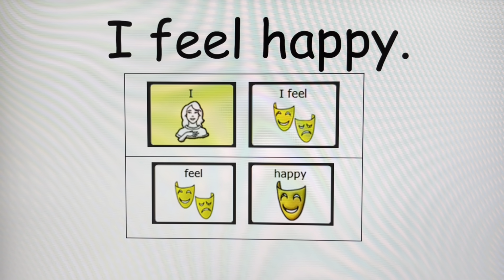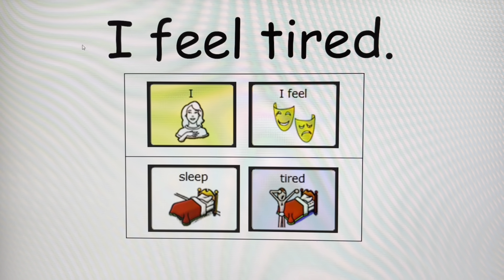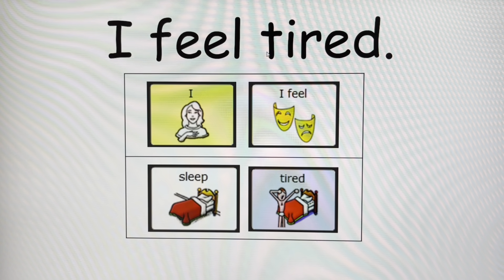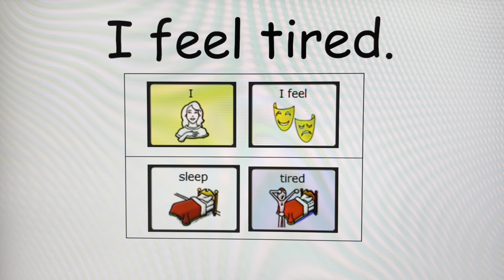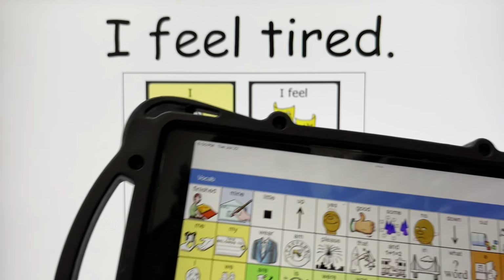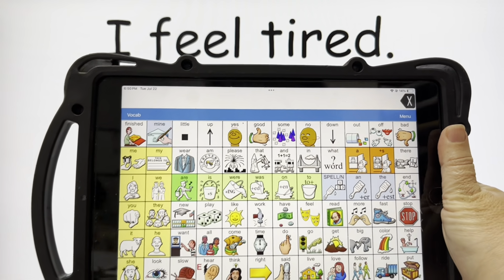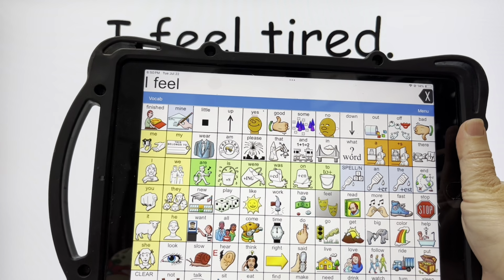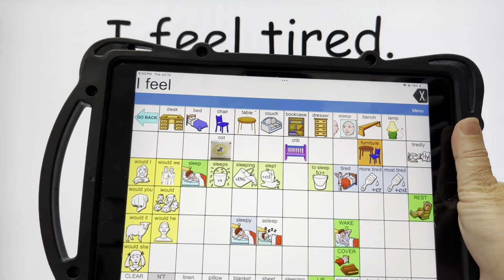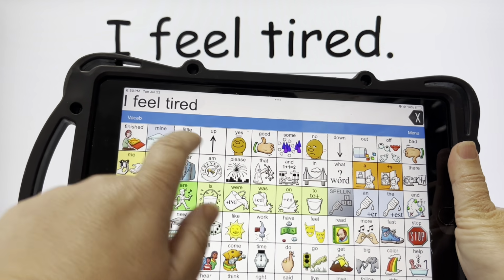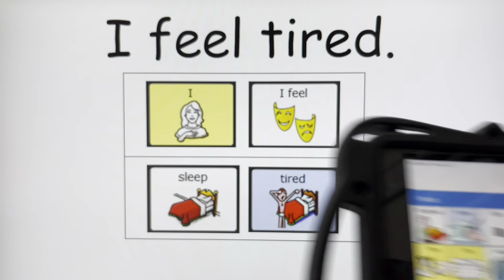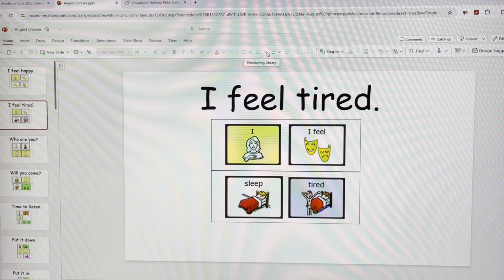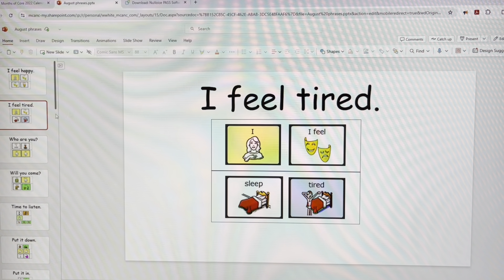And then another example would be, I feel tired. If you come in at the beginning of the school year and you're not used to getting up that early, you may have to tell your teacher or your friends, you might have to say, I feel, and go to sleep and look for that word tired. Tired. I feel tired. These are just practical phrases for students to use throughout the month of August.